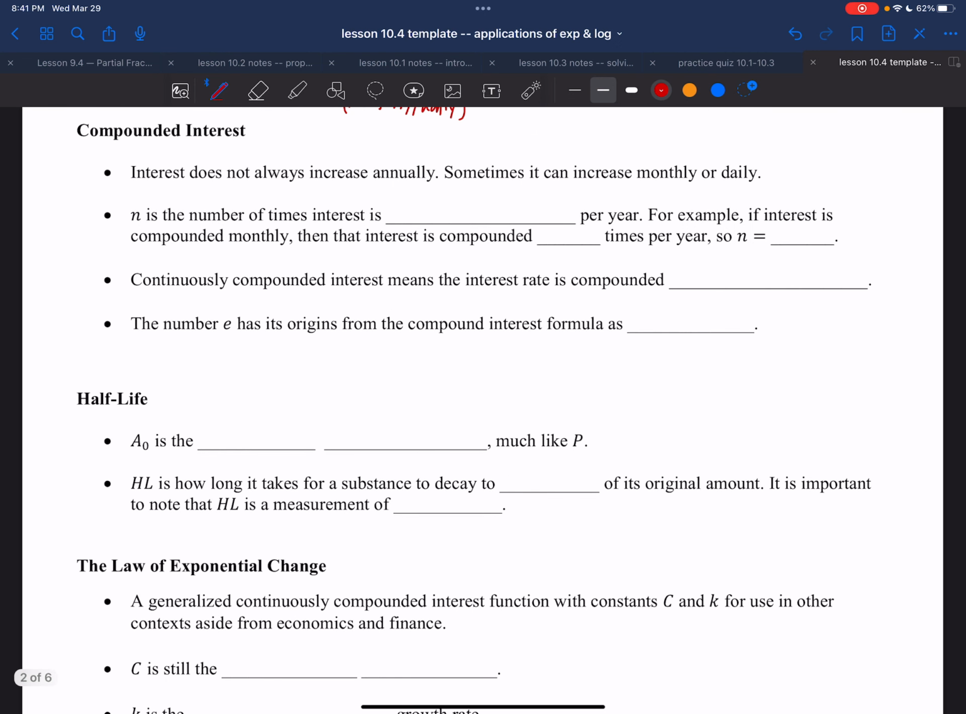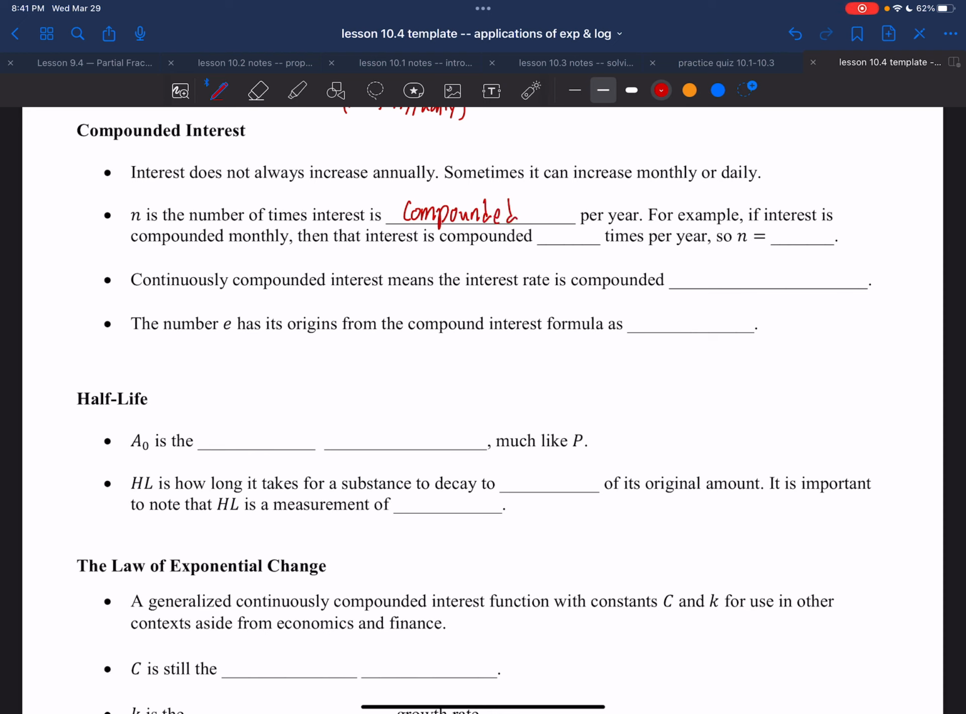Now, compounded interest. Notice interest does not always increase just annually. It can increase monthly or daily, and that's said above. But compounded interest is a little bit different. Okay, so we say N, this letter N, you're going to see it in the formula, is the number of times interest is compounded